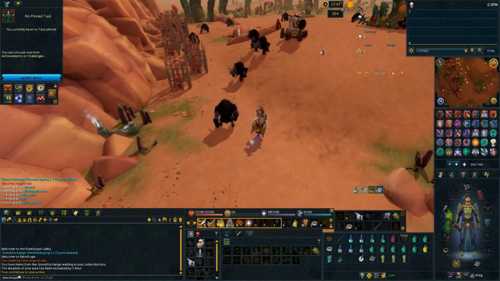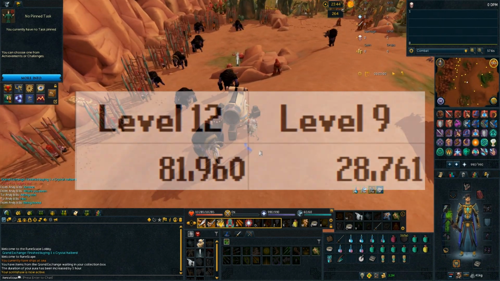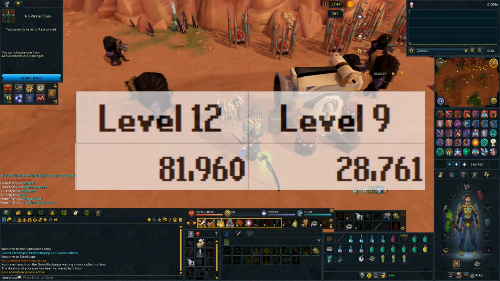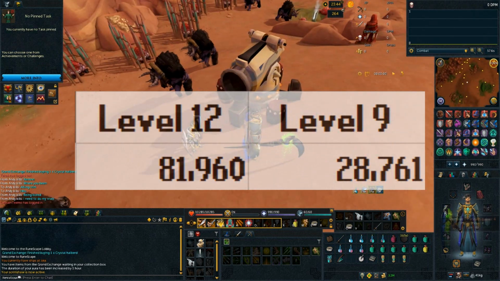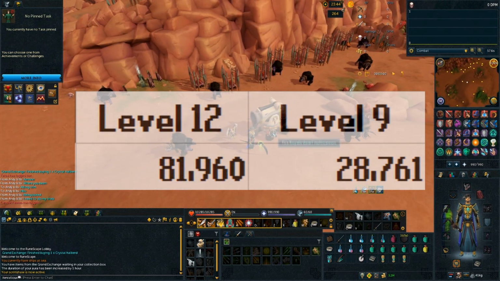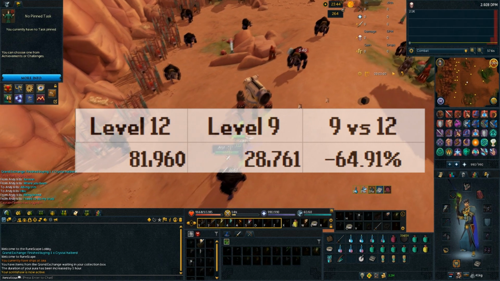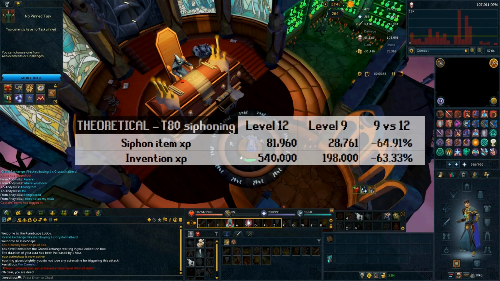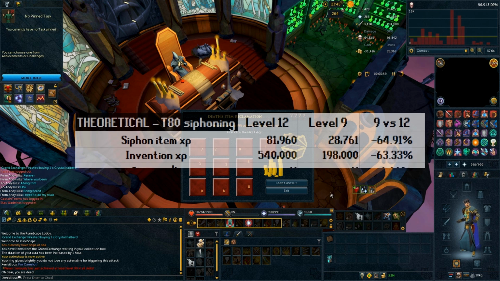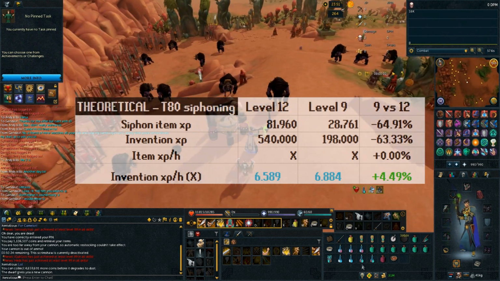So the theory behind it: the two things that make siphoning at level 9 better than siphoning at level 12 are that to get to level 9 you need your weapon or armor or whatever to get 28.761k item XP, and to get it to level 12 you need 82k item XP. So at level 9 you need 65% less item XP, but you get 198k invention XP compared to 540k at level 12, which is only 63% less. So you can already see the benefits, right? Proportionally, because of that, you actually get 4.5% extra invention XP an hour